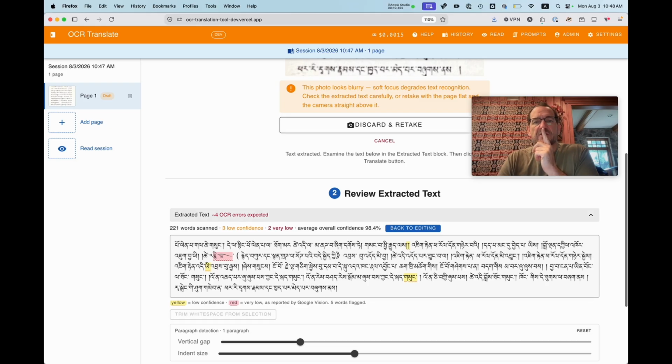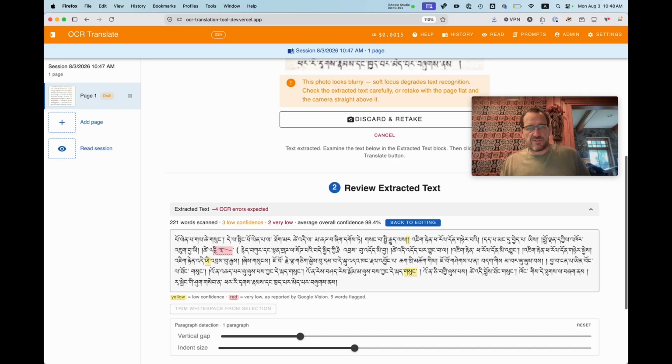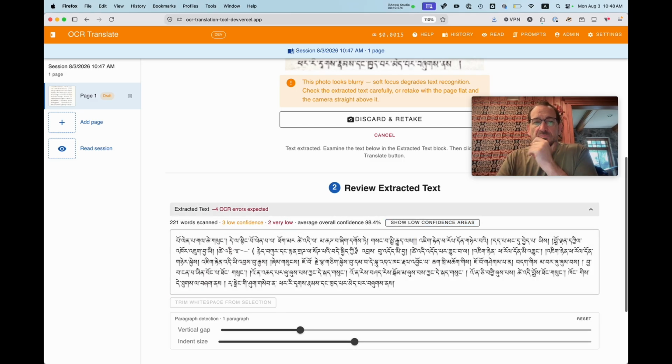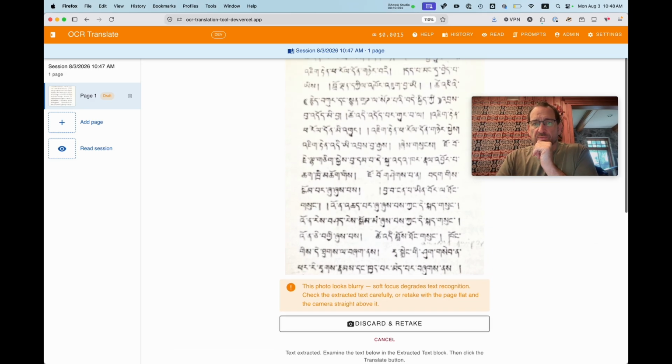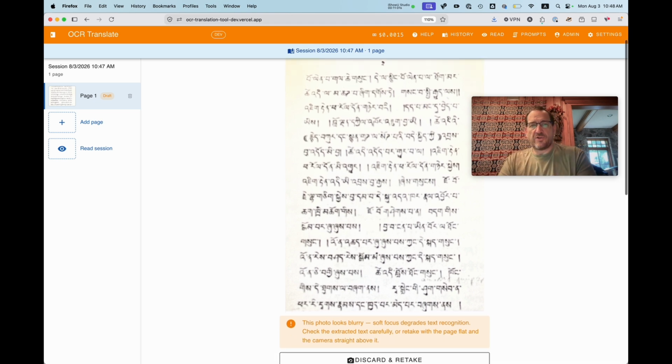And so you can get it to highlight the errors and then maybe check your book. If you're sitting here with your book, the easiest thing is probably to look at the book that you took the photo of and go back and look at that. So, right. So that's the thing. So what you're shooting for